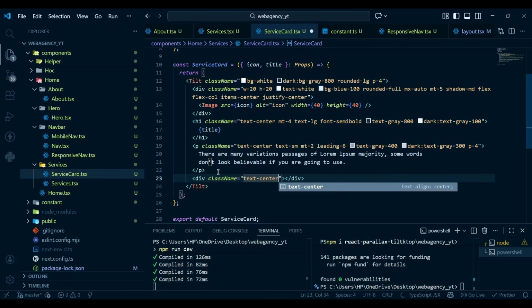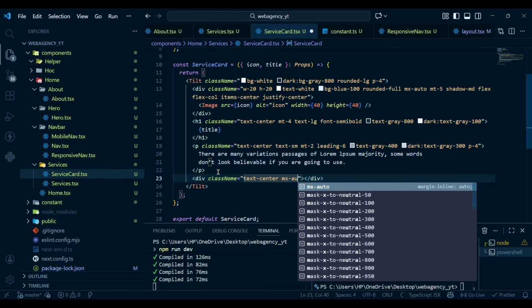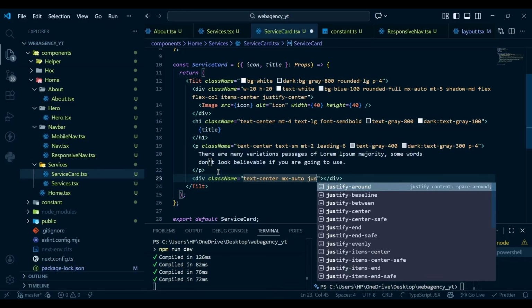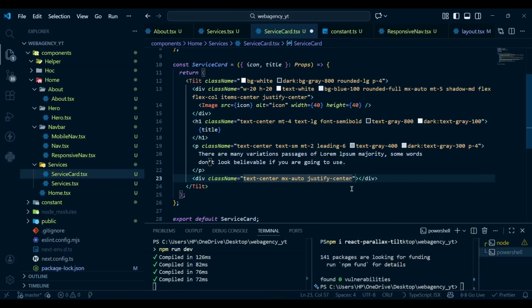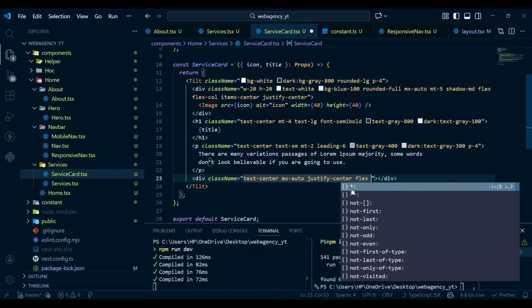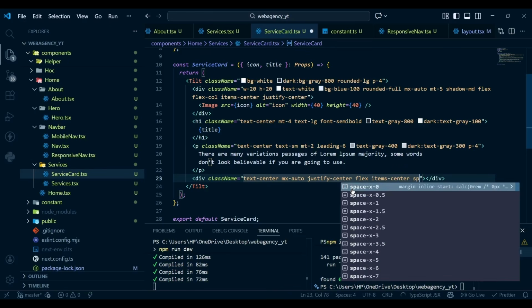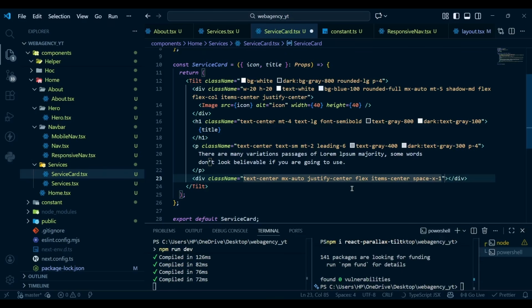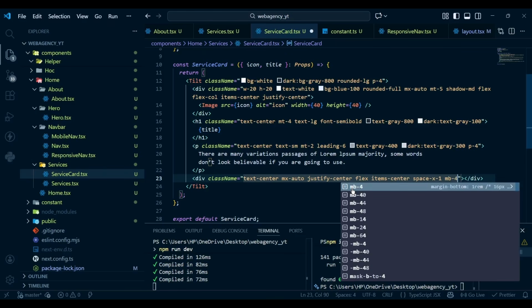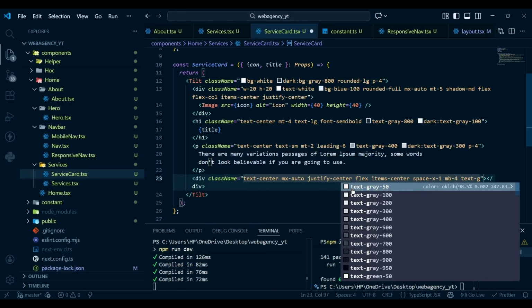text-center, mx-auto, justify-center, flex, items-center, space-x-1, margin bottom 4, text-gray-800,